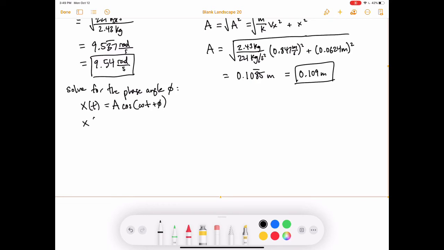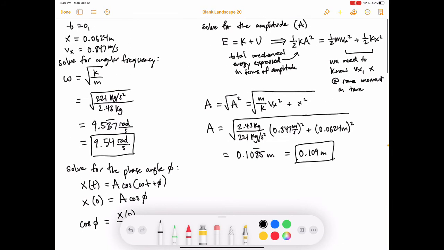And if we plug in t equals 0, we get A times cosine omega times 0, and we just have phi inside the cosine function. So cosine of phi is going to be x at time 0 divided by A, which in this case, what's x at time 0? That's this number right here,